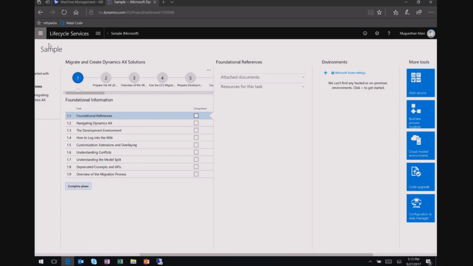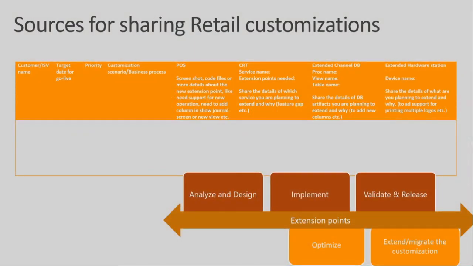Okay, I'll go back to the deck. I think this engagement model is needed because we sealed it and added a lot of extension points, and for some scenarios an extension point may be missing. For example, the custom column app bar I showed is not enabled in all of the views, only in a few. Suppose in your scenario, in the picking receiving screen, you want to add an app bar button, and there is no extension point currently available. If you find an extension point missing and you're not able to customize it, you can share that information with us.